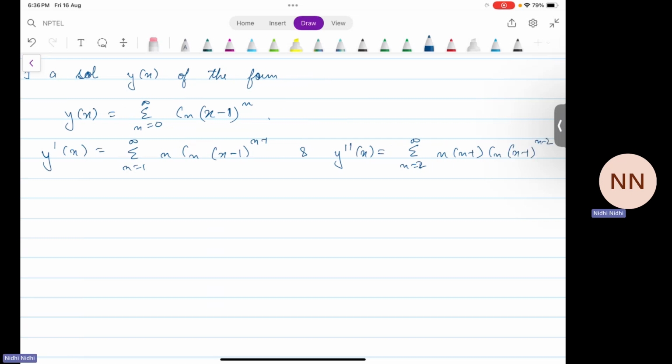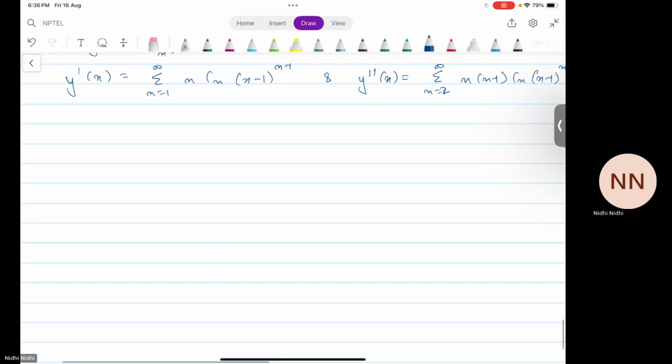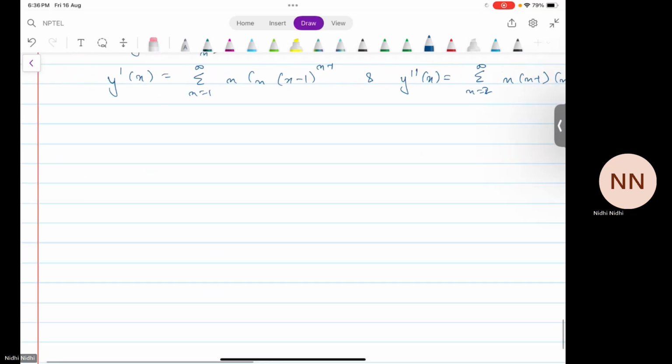Now after substituting y dash and y double dash in equation 1, we get